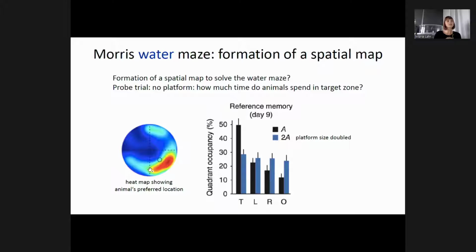And this we can measure: how much of the total time the mouse spends in this quadrant. And you can see that it's actually quite persistent in trying to find the platform there. And when the task is too easy, as I already mentioned, when you put them inside always at the same spot,